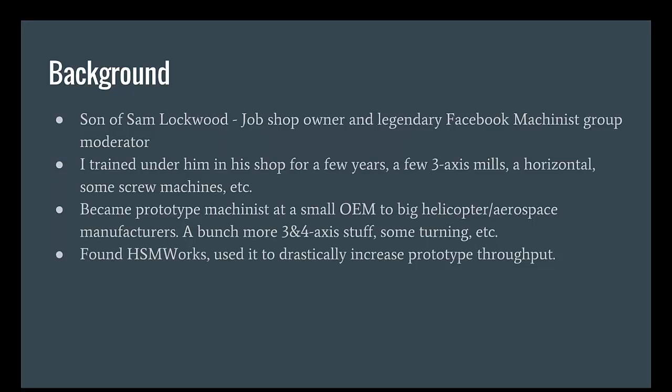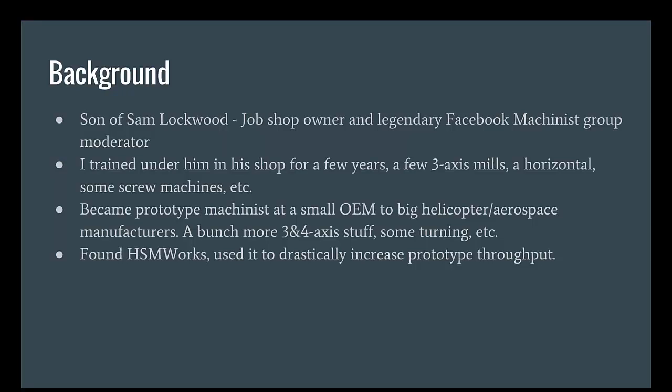It was there during the prototype time. We bounced through a bunch of different CAM software. I was really being pushed pretty hard to increase throughput of our prototyping division, and we were using SolidWorks for the engineering side. What we found was we'd do a lot of iterations, and parts would change just a small amount, but our previous CAD software or CAM software